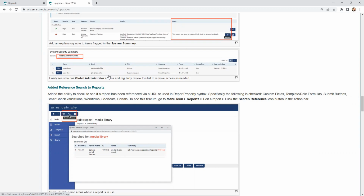And as such, you really should periodically review who has global administrator access to your system, and possibly remove that access from those people if they no longer need it. You can see that list in the system security summary, also in the system summary. And if you look at this last column here, access type, when it says user, that means that this user has global admin